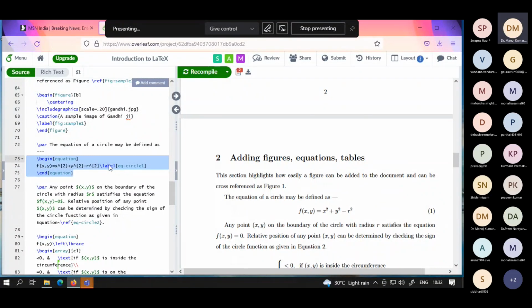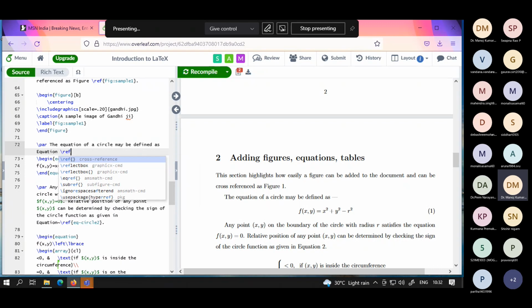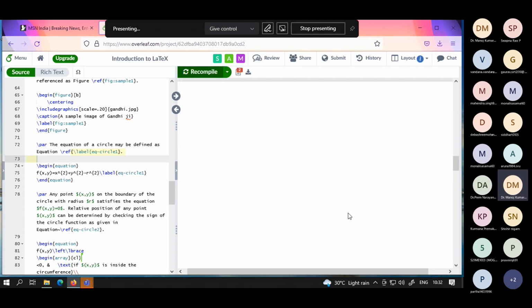Yes, sir. Okay. So you will get conversant with the math symbols. For now, this is a simple equation given. What I want to point out is that this equation has a label. Using this, I can have a cross reference of this equation. For example,